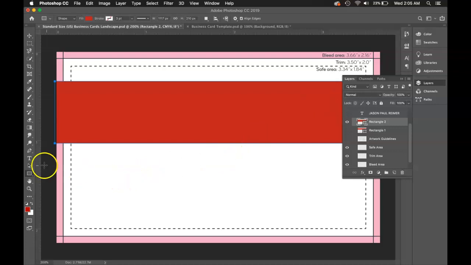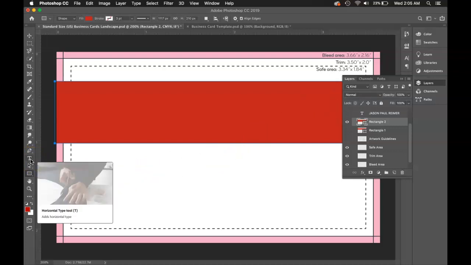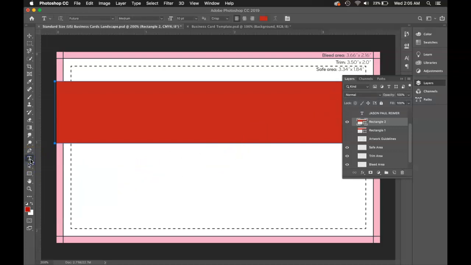Next, if I'd like to add some text to this, then we go to the text tool. Again, pretty straightforward. Photoshop is not necessarily always super intuitive, but these two tools are fairly straightforward. So I'd like to use this as kind of a backdrop. If you recall from some of the graphic design fundamentals videos that I sent you,